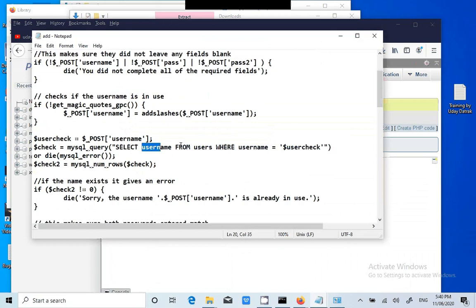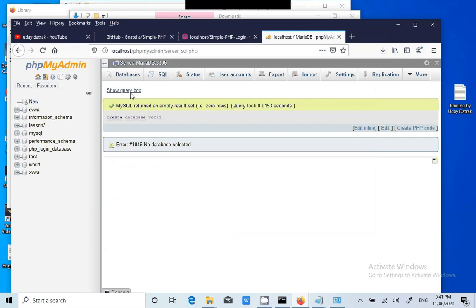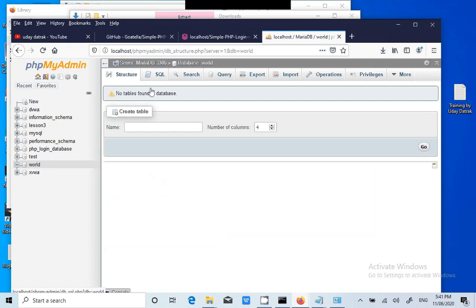Select column name from table name, where the column name is username. First we need to create the table called users. We have to go to that particular database. We need to click on world, then create table.